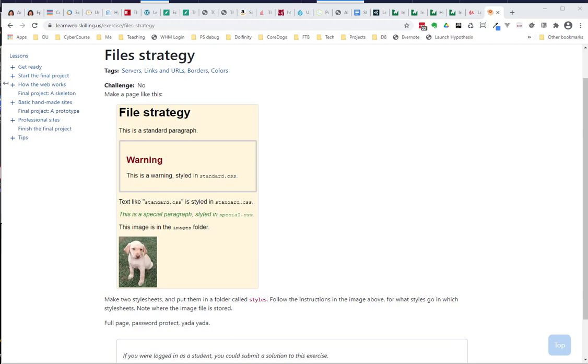Hi, it's Kieran here. There's been some confusion about this particular exercise, about how to set up files in folders and things. There are some instructions here, but one thing that some people miss is that there are also instructions in this screenshot itself, like text like standard.css is styled in standard.css. What I'm going to do is talk about